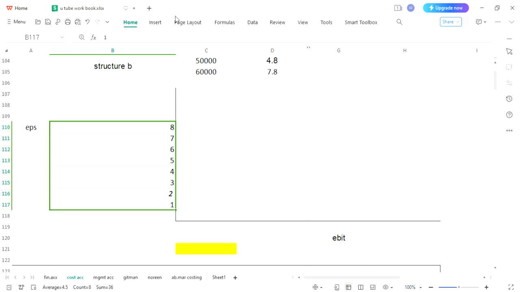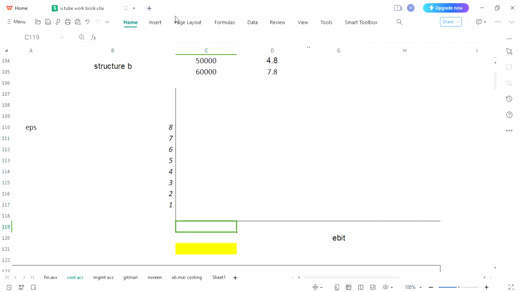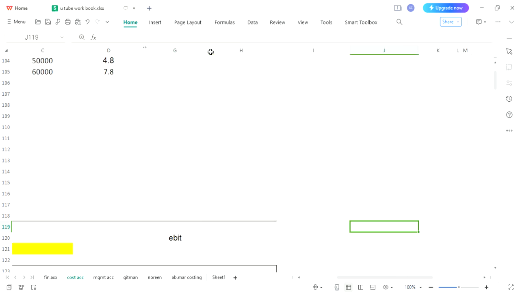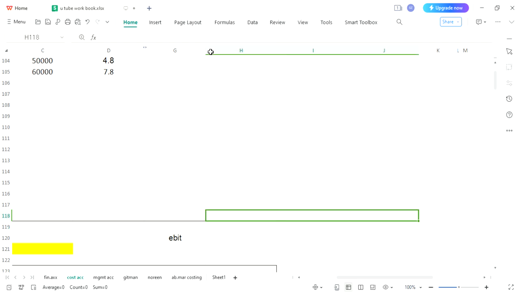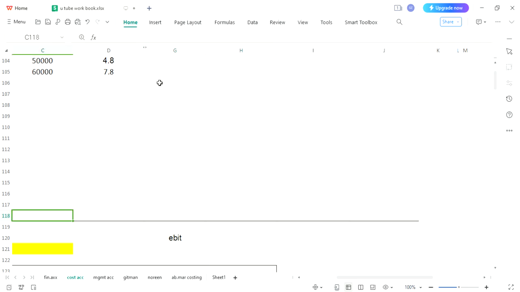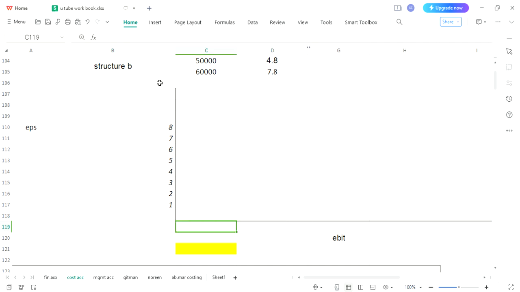Let's arrange them, and now we need to put our EBITs 50 and 60,000. So let's start with 10,000. For that you need 6 columns. Okay, count 1, 2, 3, 4, 5, 6. This graph would go till here. Let's make a horizontal line equal to this. Put your EBITs. Here you will put 10,000